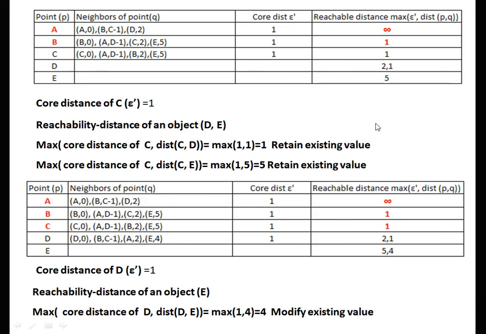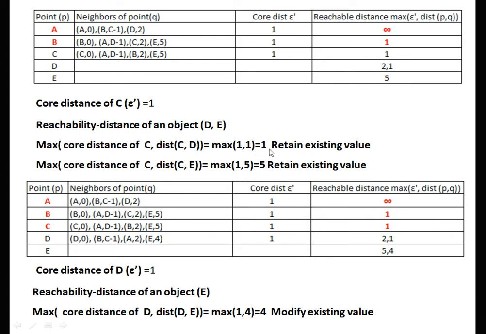Now we are visiting the next point, C. From C these points are reachable. A and B are already visited. We can easily check the reachability distance of C: since 2 points are required, 1 and the next point, the reachability distance is 1. Now we require to calculate the distance between C and D and between C and E. Here the core distance is 1, and the distances CD and CE are 1 and 5 respectively. So here it is 1, 1.